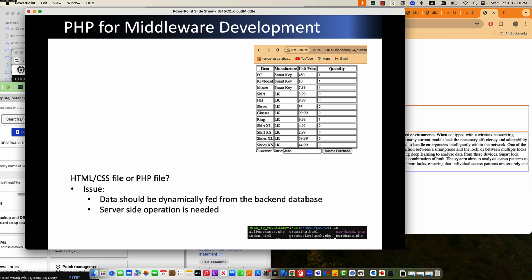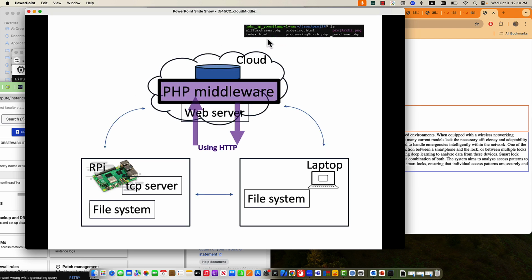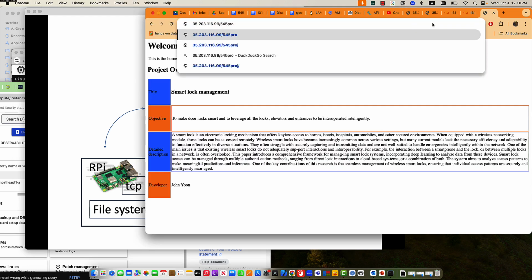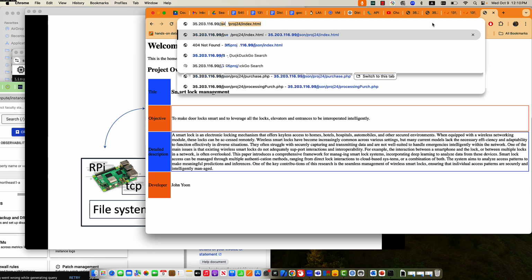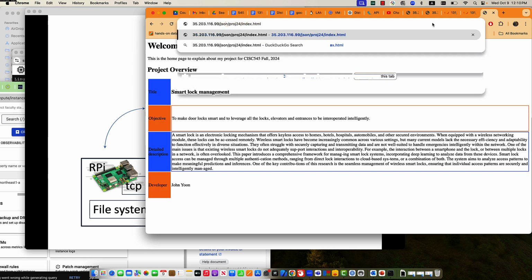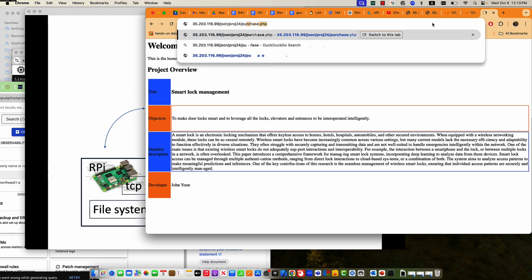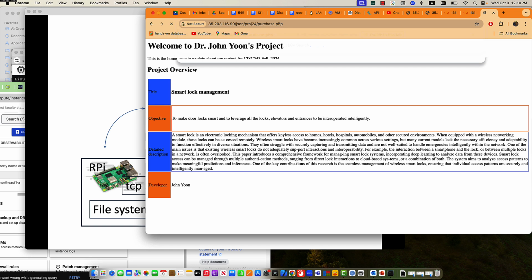Which PHP files? I have here PHP files, right? The one that I am showing to you is purchase.php. Currently that is on JSON and project 24, and purchase.php. If you run that, then